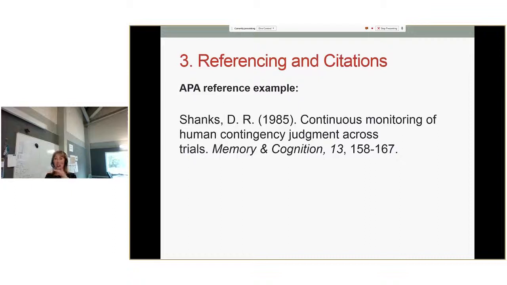It's really important to check that everything you've cited in the text, in the body of your essay, also appears in your reference list. This is a really common mistake, that you'll say, so-and-so's theory, you've got your in-text citation,